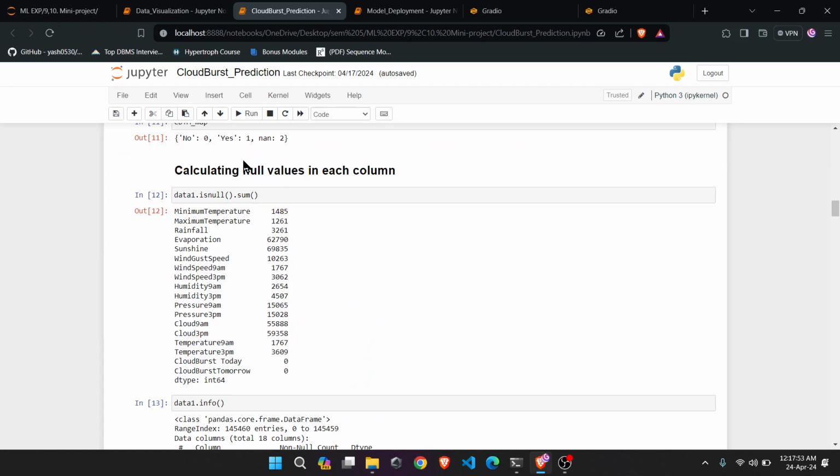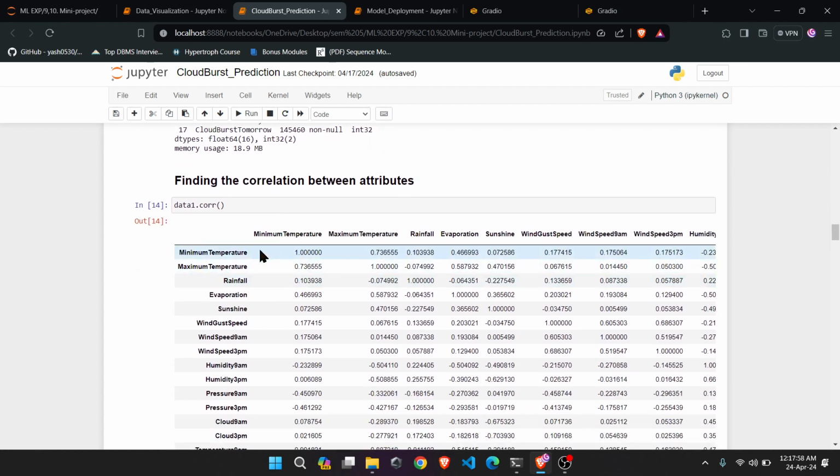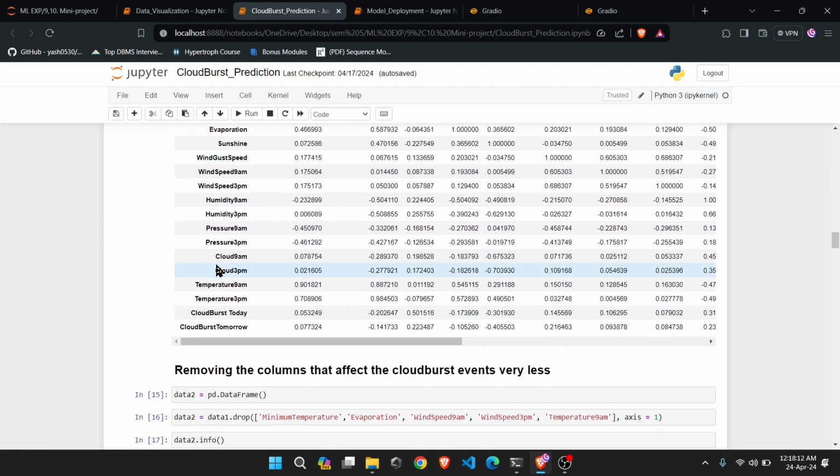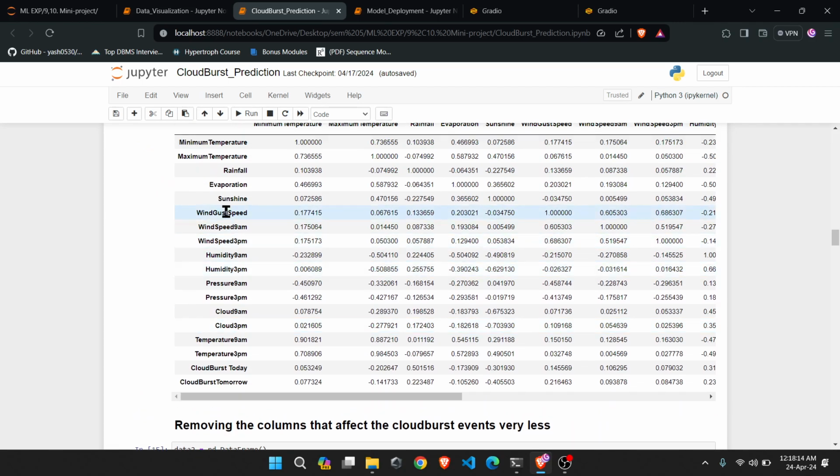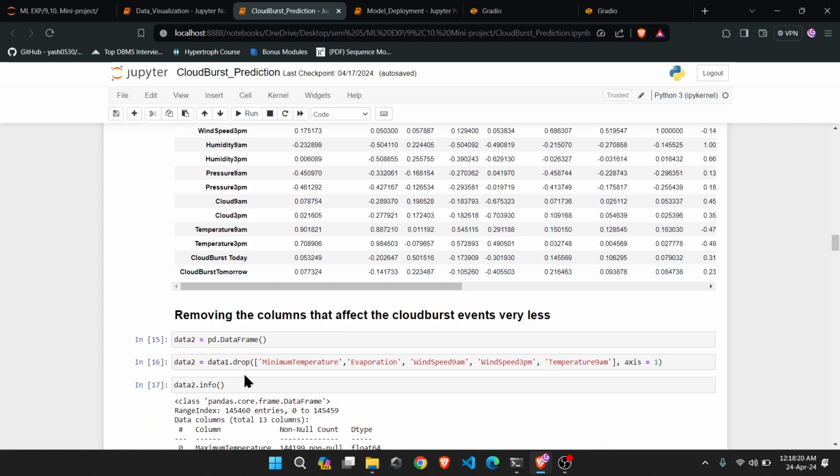Next we see the null values after dropping a few columns, and after converting from object type to numeric type of data, we are able to find the correlation between various attributes. From this table we see that the correlation of the output that we want, which is cloudburst today and cloudburst tomorrow, is less for a few attributes, so we remove them. So we remove minimum temperature, evaporation, wind speed at 9 a.m., wind speed at 3 a.m., and temperature at 9